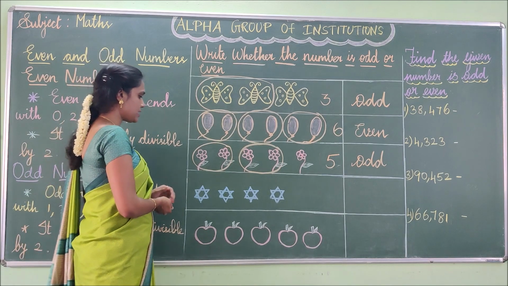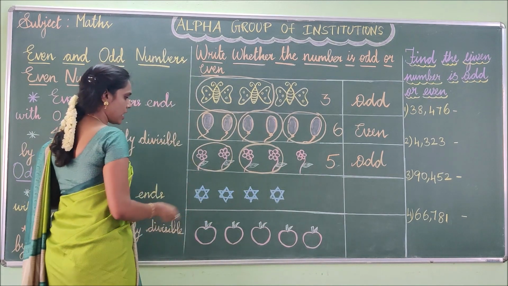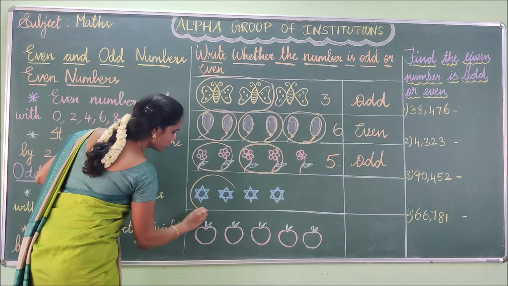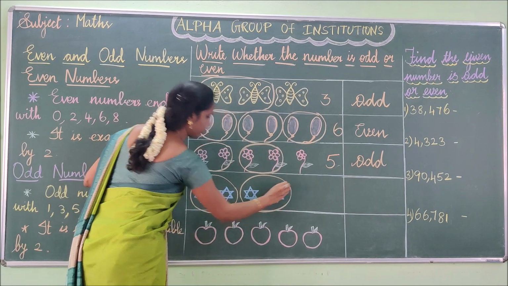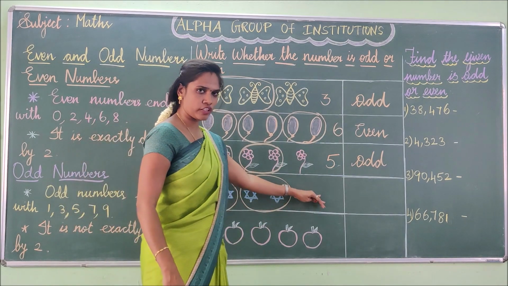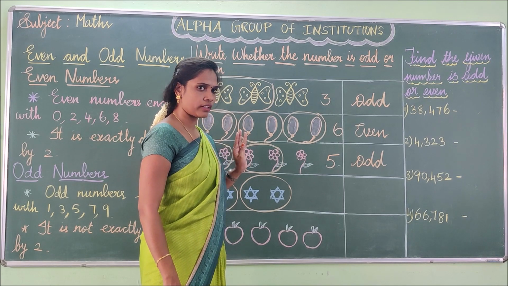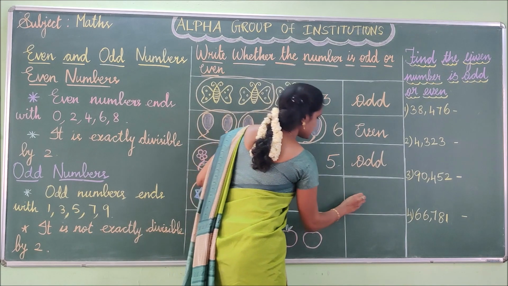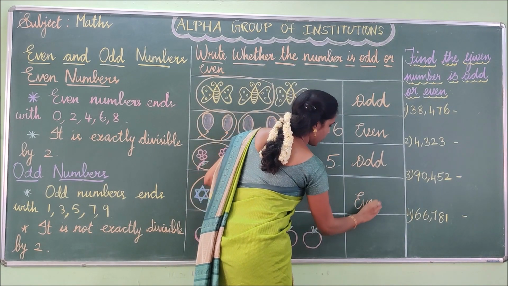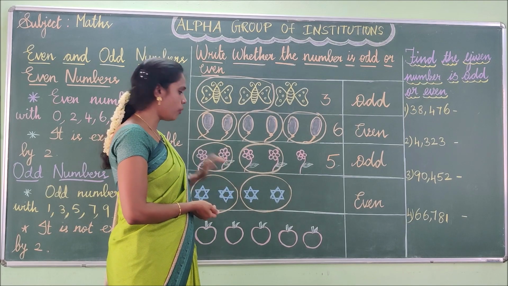What is this? Yes, stars. Shall we pair the stars now? Yes, see here. First pair, second pair. We don't have anything left over, children. So by seeing it you can find out whether it is even or odd. Tell me whether it is even or odd. Yes, very good. It is even because we don't have anything left over here. We have paired the given objects.